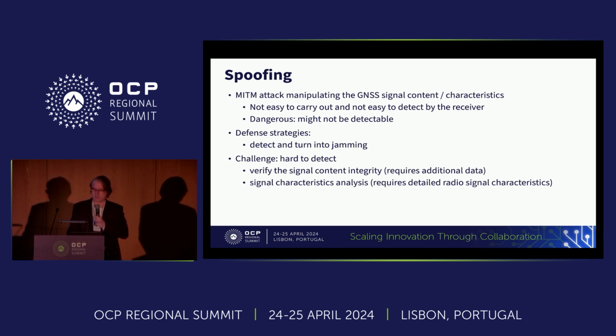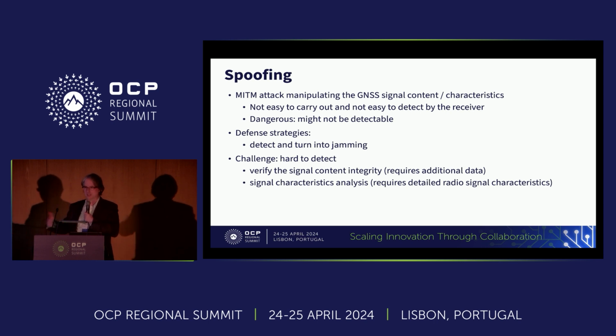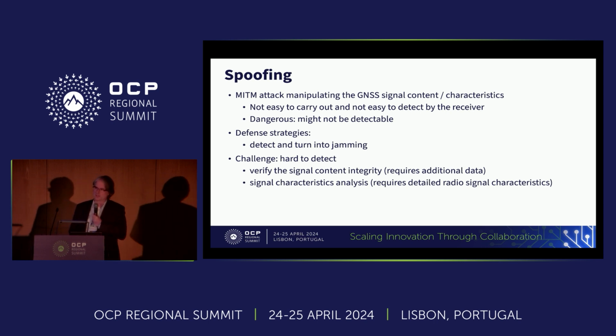The signal content integrity is one good thing to look at, but that typically requires additional data because, as I said earlier, the signals are unprotected. There's not even a hash or anything, and there are hashes, but they are easy to recalculate. So when you are generating a signal, you just calculate the right hash and send it together with the signal. You can also, just like with a meaconing attack,